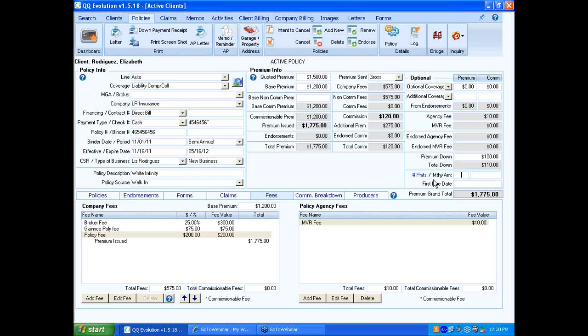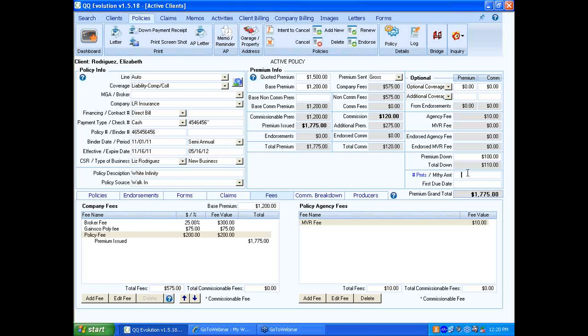You can either have it financed through an outside financing company that takes care of invoicing the insured on a monthly basis for those payments, or it can be done through your agency, which would be like an agency bill type policy, which means that your agency would be responsible for invoicing that insured every time a payment is due,